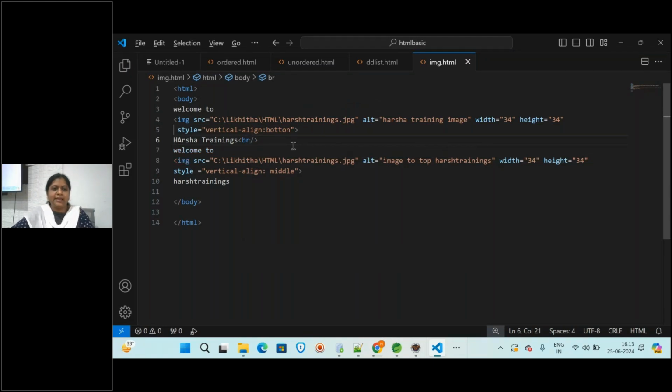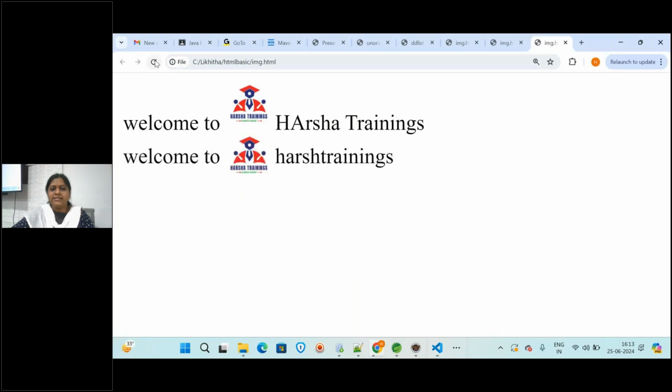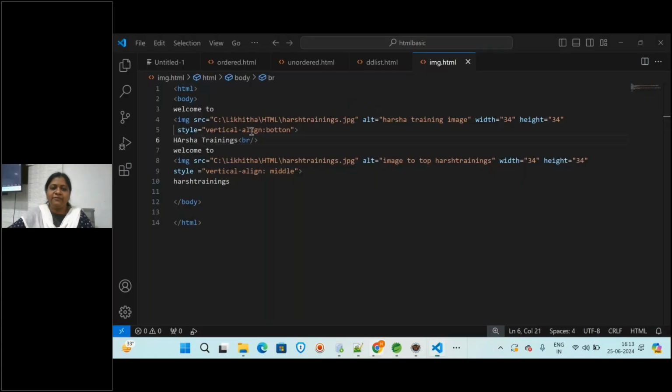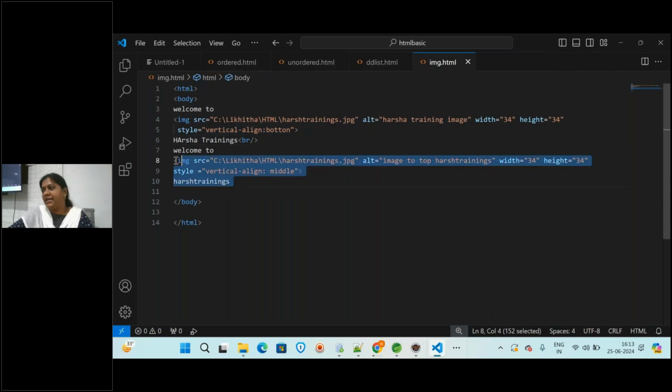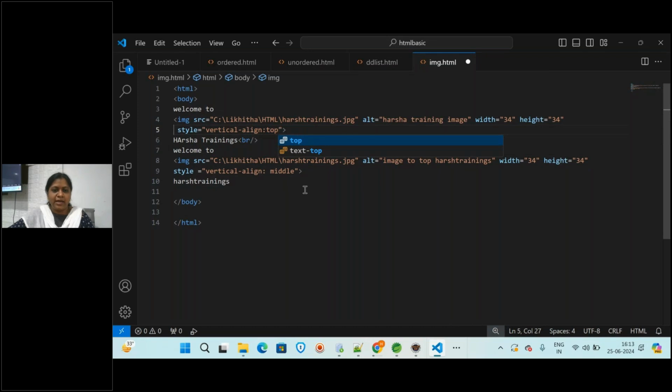Control S and get back, and let us see here. See, it is to the text top and the bottom. Like this you will be giving where the text has to be displayed and the image. The same thing you can also give with the right and left. You can assign with the alignment. Whatever you're giving here, it should be in the middle or top or bottom. You can mention anything. You can give as top, and the same thing you can give in the bottom also.